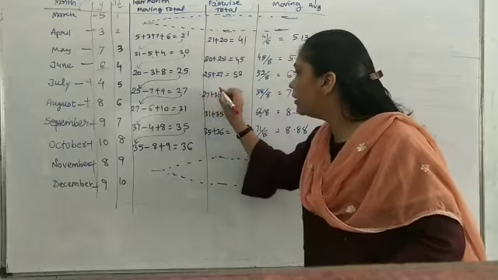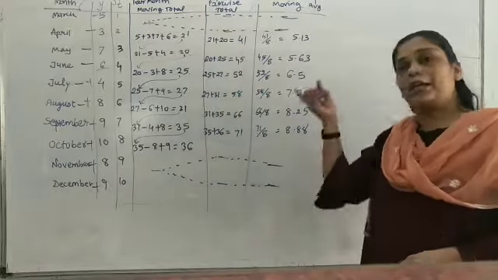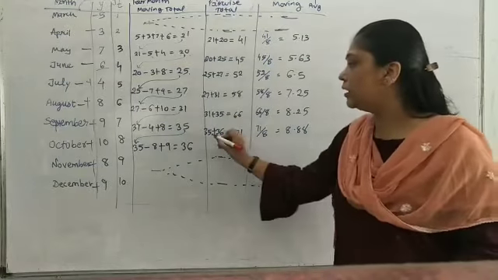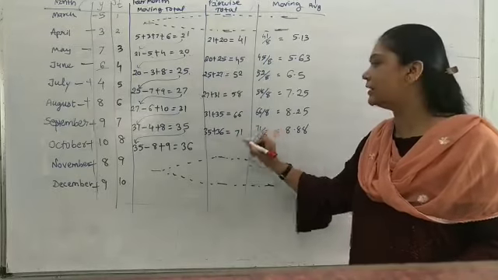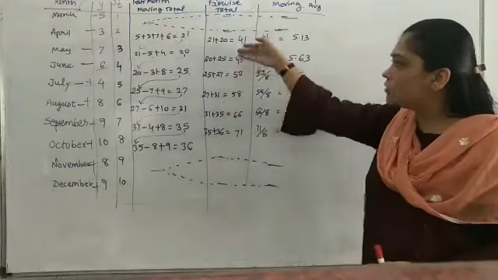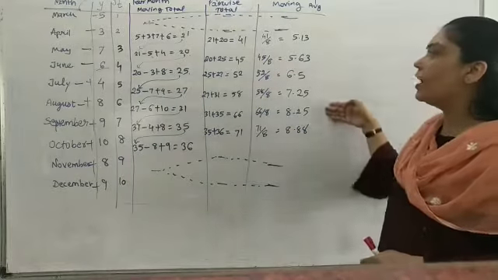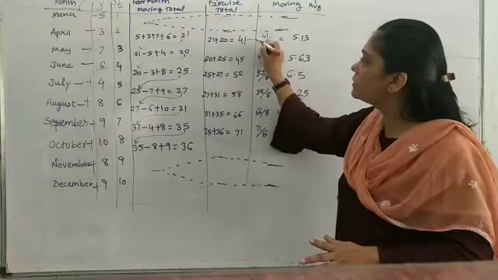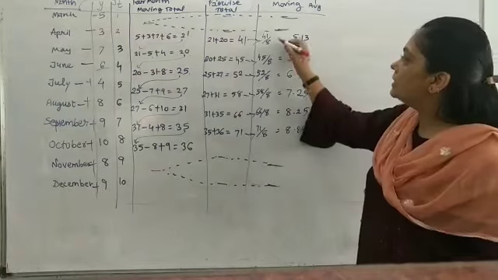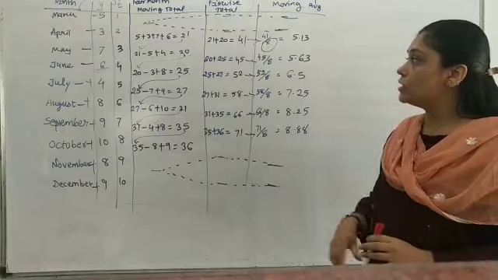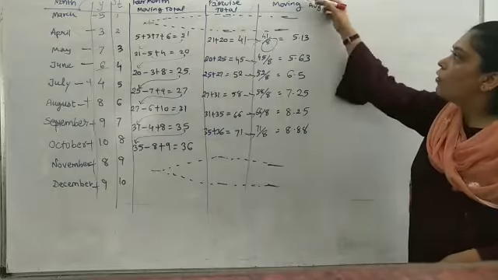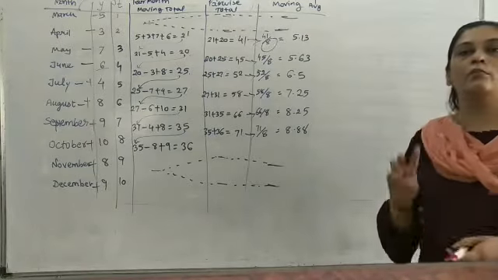Then again go in the middle. 27 plus 31, 58. Again go in the middle. 31 plus 35, 66. Again go in the middle. 35 plus 36. Answer will be 71. So you can see here is a spacing, here also in between spacing, and here now the same. That means you have to write beside this only, never forget. And this is the division by 8, because this is 4 plus 4, 8. So this way the 4-month moving average will start from the 3rd month.